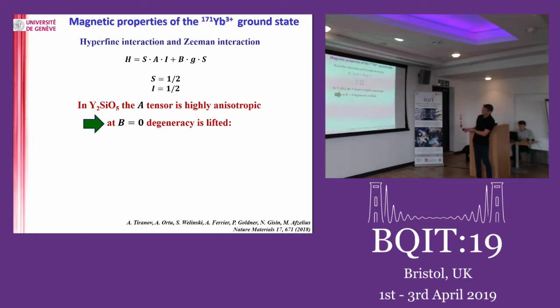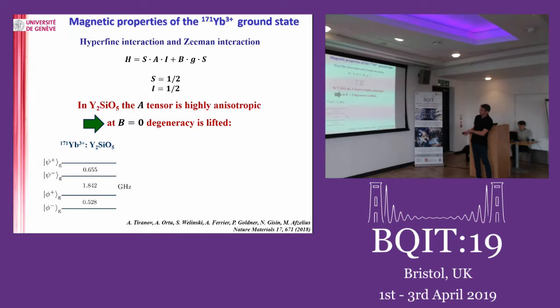So you have a hyperfine interaction, and you have some Zeeman term coupling to the electronic spin. Here you have the coupling between the electronic and nuclear one. But let's consider now that you have no bias field, so you only have the hyperfine part, and you diagonalize that. Due to the fact that this A tensor is completely anisotropic, with 3 different elements, you completely split the states already at 0 field, and you actually have 4 energy states.